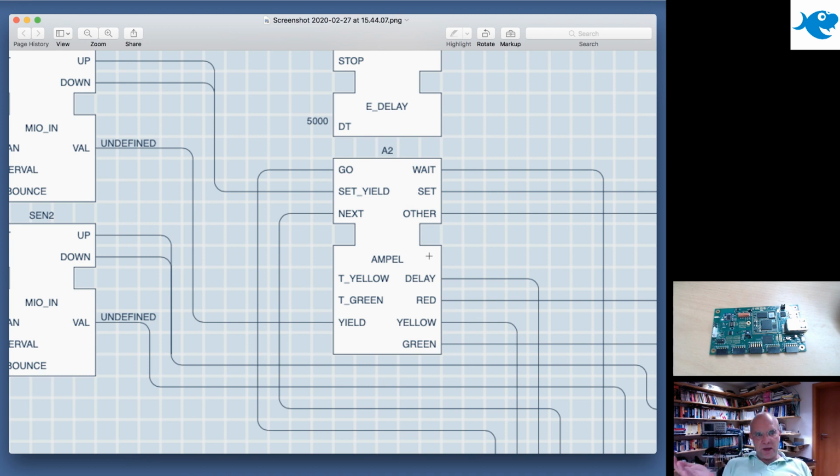An event is like a singular point in time. If an event is not triggered, nothing happens. And the data is only read, only valid, if the event triggers. And here we have an event go, and then set yield, that's the event that we use from here,